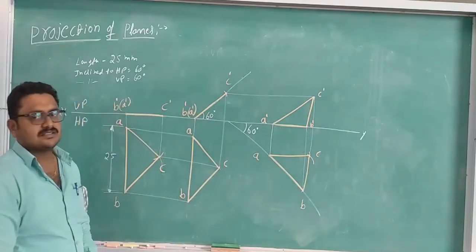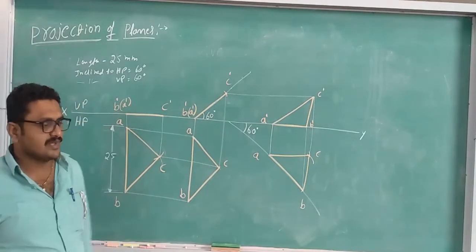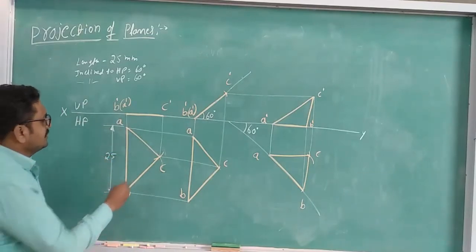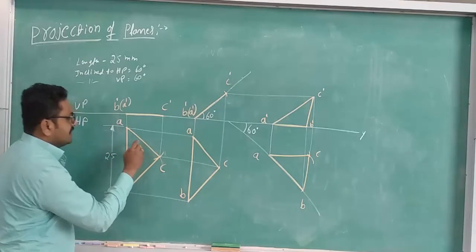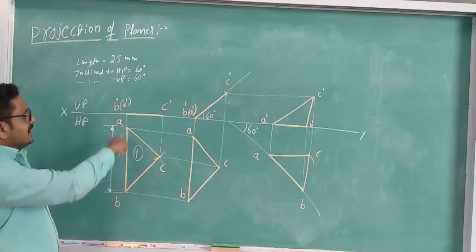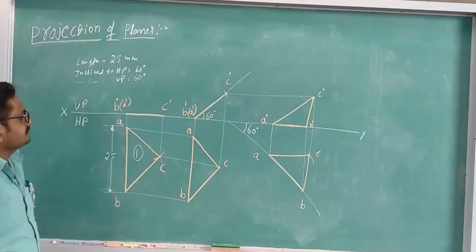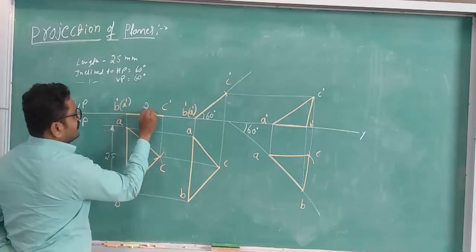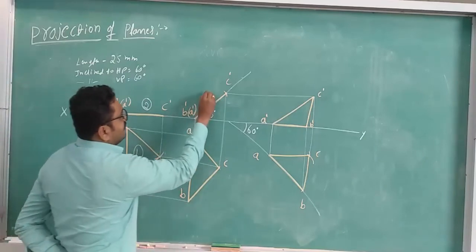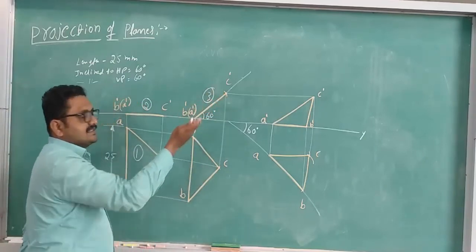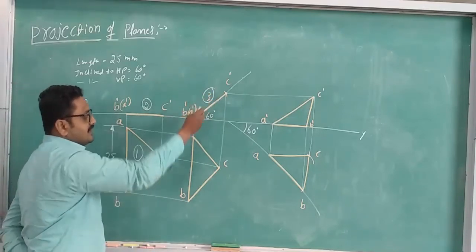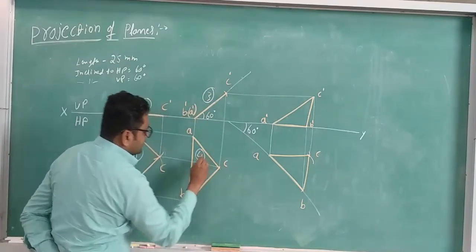Okay. Like this we can solve the problem. First begin with the first step. Resting condition is on HP, that's why we took it in HP, and the side is resting, so that's why we made the side on the left side, and that should be 90 degree to XY line. And after that we got the front view, it looks like a straight line. And next we did surface is inclined or lamina is inclined to HP at 60 degree, we made the inclination and we got the front view as well as the top view.